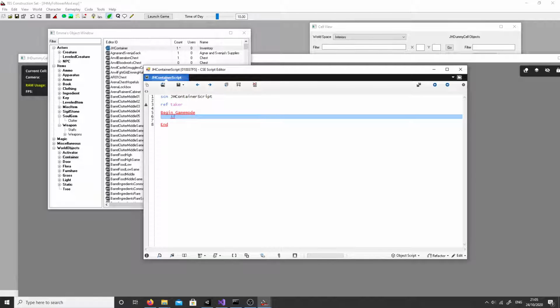Because of that, we need to refer to the quest we're dealing with if we want to access that variable. So we have to put JH follow a quest, so the quest is 1. And then what we have to do is, the JH,